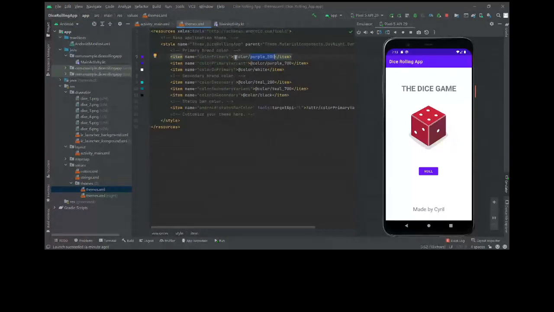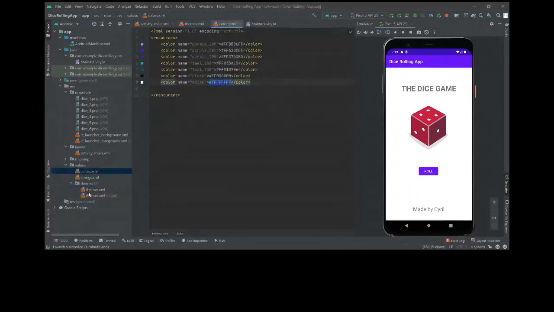As you can see, something like colors is written here. What this means is that this color is taken from this XML file which has all the colors defined here. So we need to first define the color which we want to use. I will just go to Google and search a color picker, and I will pick any color that I want. If I want red, I will take the hex value of that color. Then I will come back to Android, copy this, and paste it here. Then I will write red here instead of white. Then I will paste the